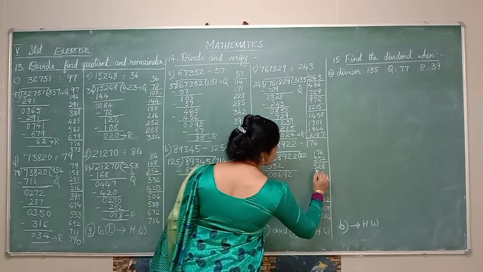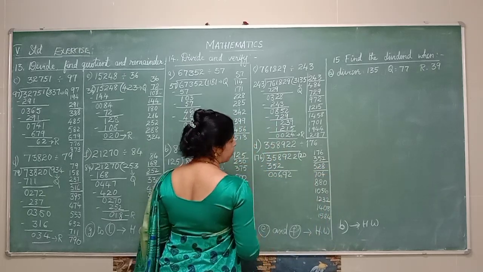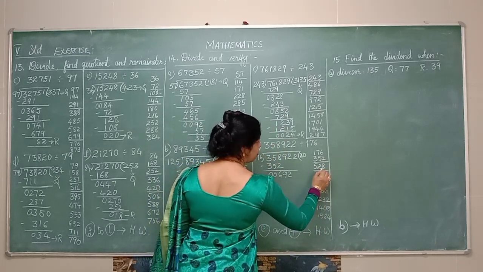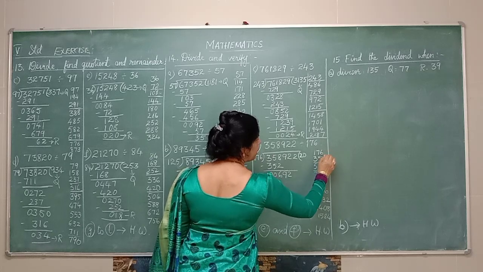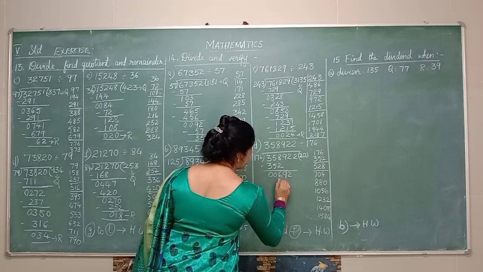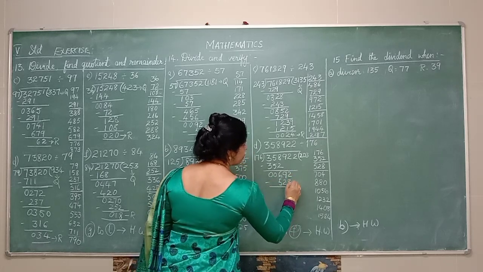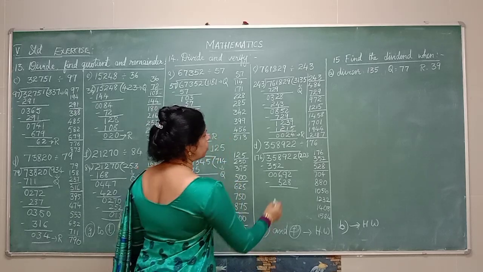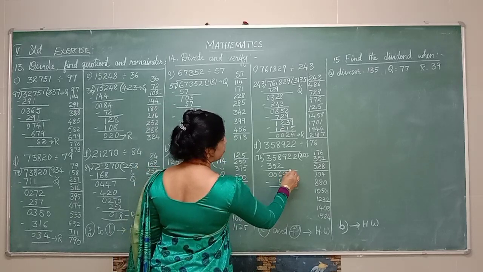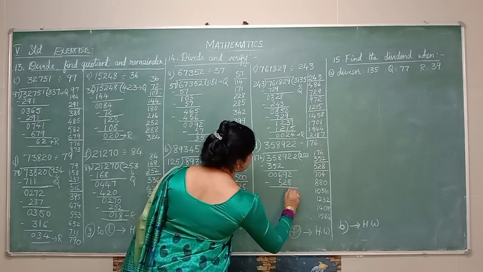Where does 692 come? It comes in between 528 and 704. So you have to take 528 as the answer. 1, 2, 3. 3 is a 528. 528 minus. So from 2 you cannot minus 8. What you have to do? You have to borrow. This becomes 12. Here it will be 8. Correct? So 12 minus 8 is 4.